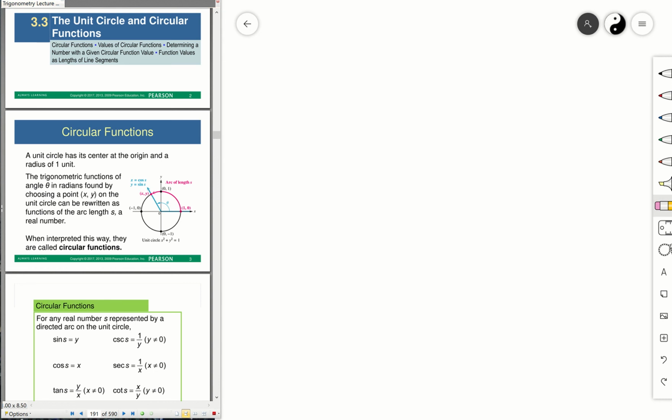Hello everyone. Today we're going to take a look at section 3.3 where we take a closer look at the unit circle and the significant role that it plays with respect to trigonometric functions. So let's just start by taking a look at a unit circle,